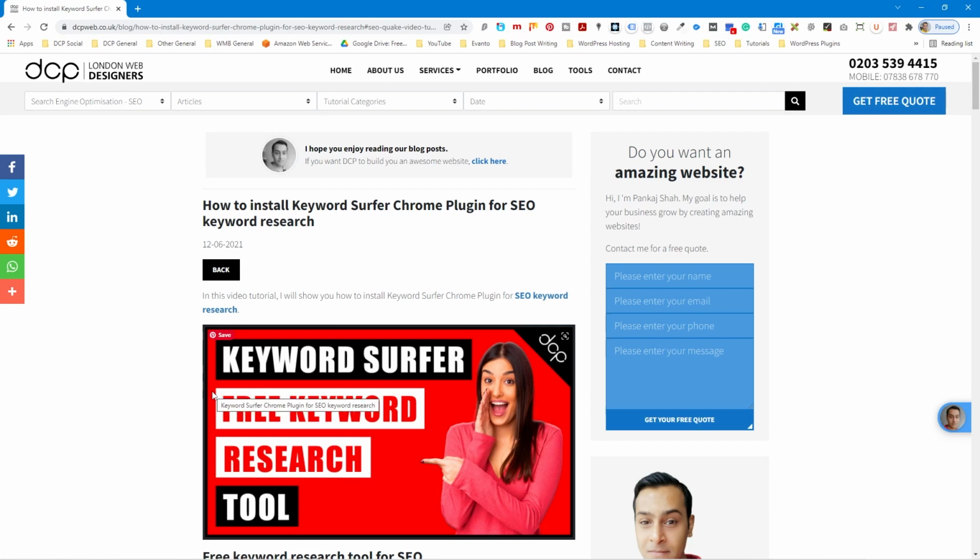So this is a software application that you can install on Google Chrome for free, and you can download this software, install it on your Google Chrome web browser, and then you can do keyword searching and you can get some data back for your keyword searches to understand what keywords to rank in Google search and what to optimize